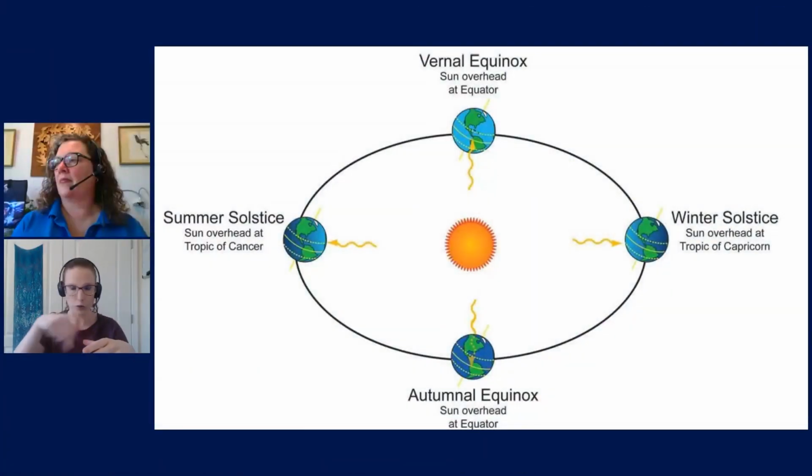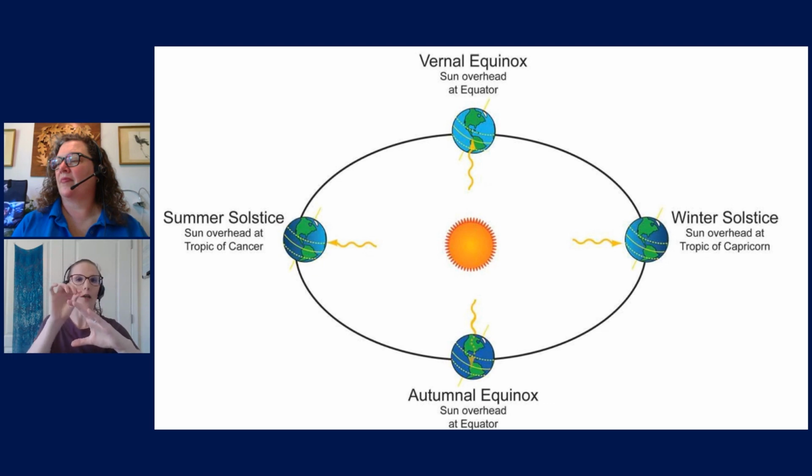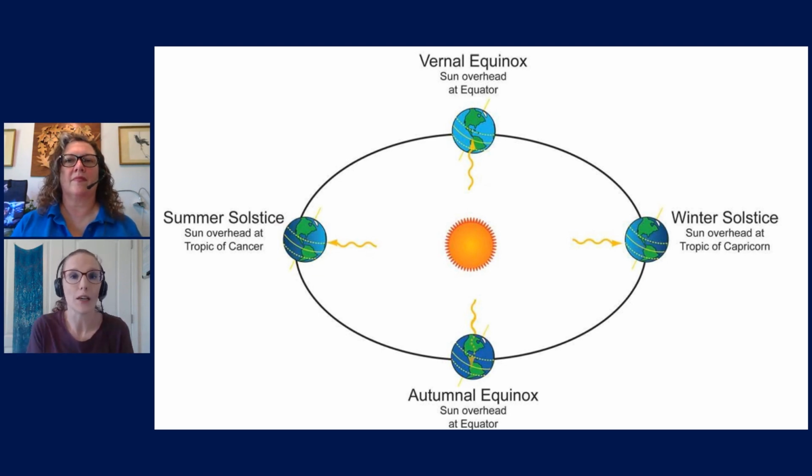So Mercury, closer to the sun, orbits faster than the Earth, which orbits faster than Jupiter. So in our elliptical orbit, when we are closest to the sun, we are moving through space a little bit faster than when we're farther away. And this can be confusing, because a lot of people think that the seasons are caused by us being closer and farther away from the sun. But we were talking about how it's the tilt, it's the angle of the sun, the directness of the light, and the number of daylight hours heating up or not heating up our atmosphere that cause the seasons